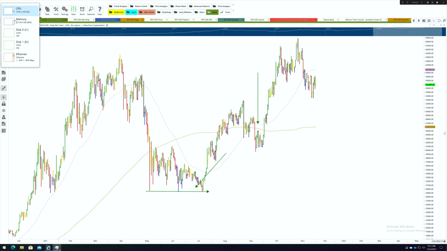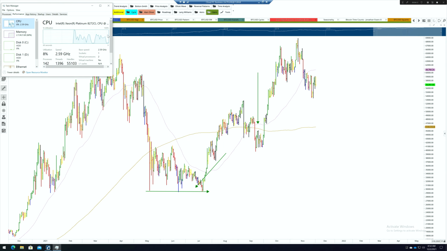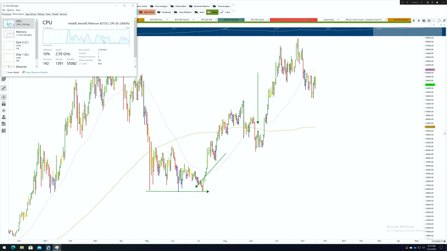So as you can see, with Windows installed on this virtual PC, which is running my Optima software, we are currently sitting at 2.7 out of 4 gigabytes. So it's perfectly fine to run software like Optima on a virtual PC. It's going to run perfectly fine. We do get spikes to 100% in the CPU, so I think the CPU could be a bit stronger. We are running Xeon Platinum CPUs, which are technically meant to be quite powerful CPUs. They have a base speed of 2.59 gigahertz if you're a nerdy type of guy and that makes any sense to you. Though if you're going to be using software, maybe even like TradingView, don't worry about getting a more powerful processor.